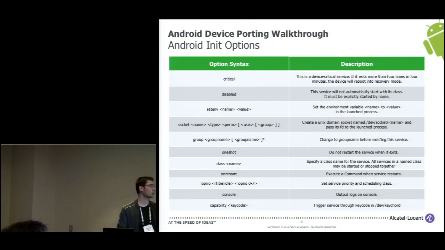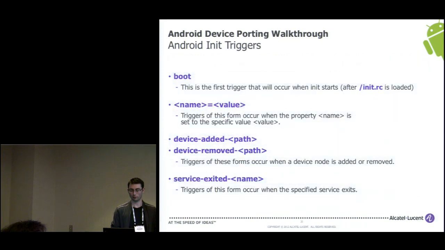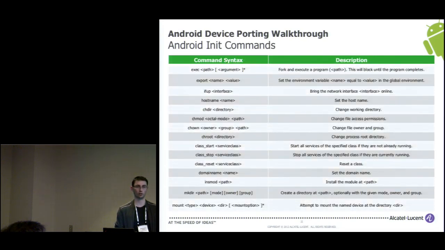Here I just put some tables that you may look at later on the slides, but this is the complete list of options for init. Same goes for the triggers. So all of these slides will be available on the net. So if you want to have a look at all the possible options that you may find for init, just have a look at these slides. There is pretty much no documentation from Android on this, just one README file, but it's pretty much not up to date. And you also have the different init commands that are accepted by the init daemon.